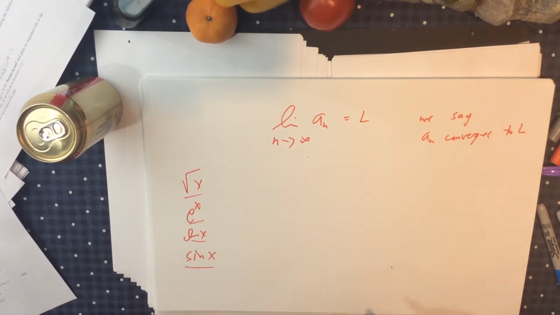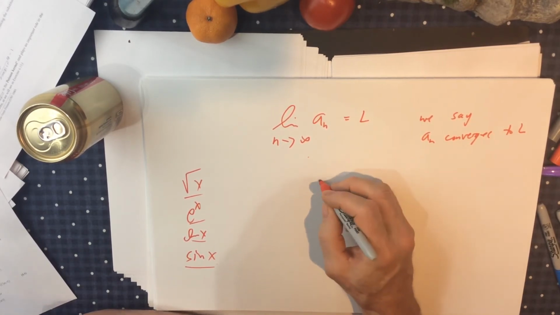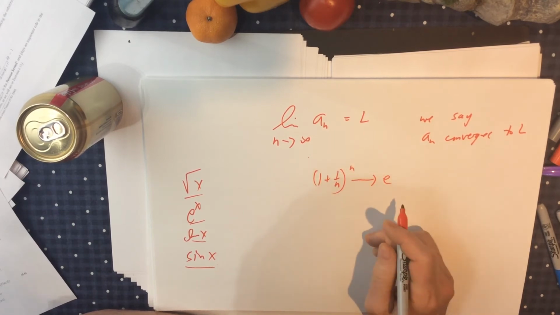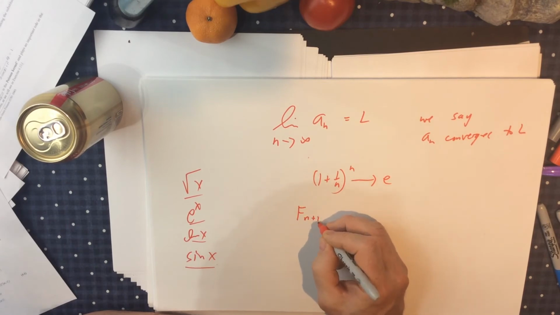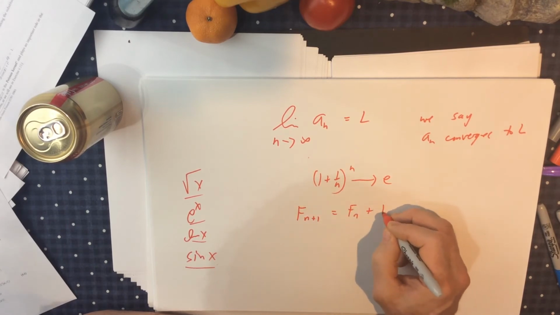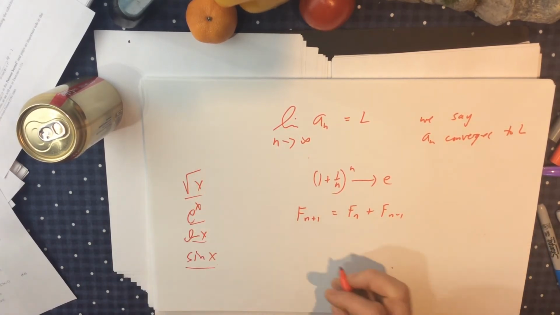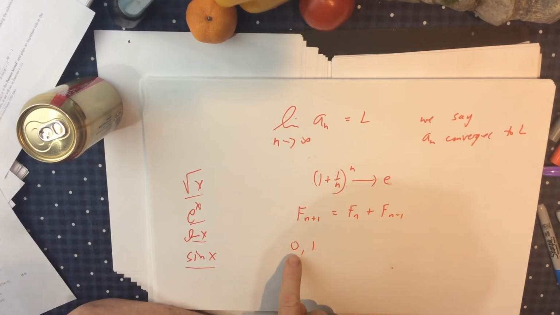Now, there's some famous functions out there and sequences that people have been involved with. You may have seen 1 plus 1 over n to the n goes to e from Calc 1. You may have seen these kinds of sequences. F of n plus 1 equals f of n plus f of n minus 1, the famous Fibonacci one. It starts with 0, 1, and so if this is